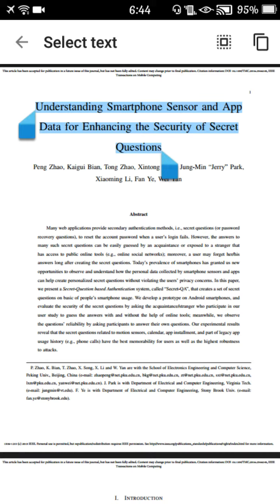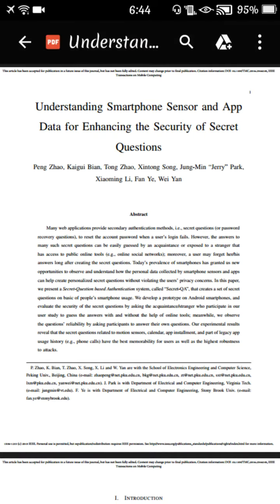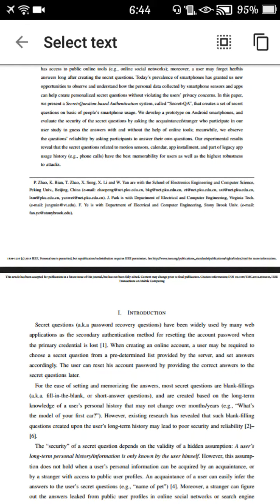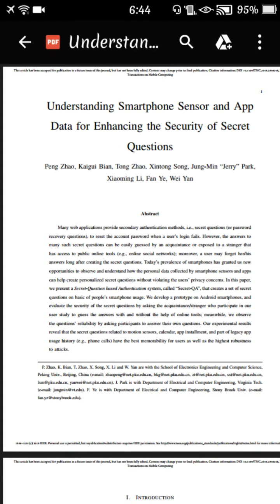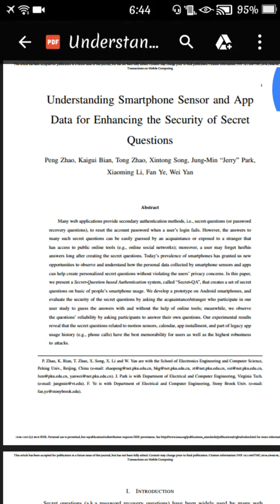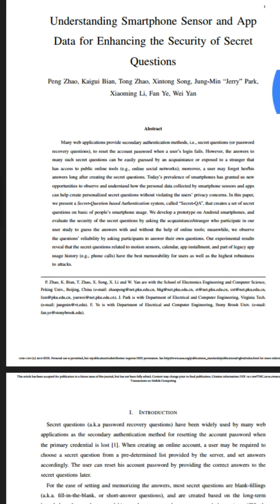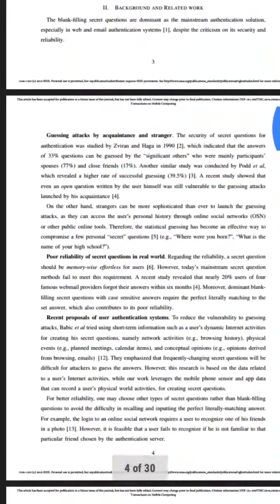Nowadays security has become the most major problem among many mobile applications. So we took this as a challenge and tried to implement this. Our main task is providing a security question based on the smartphone sensor data, that is, monitoring the smartphone's data and providing a default set of questions depending on that monitored information. Let me show you clearly.